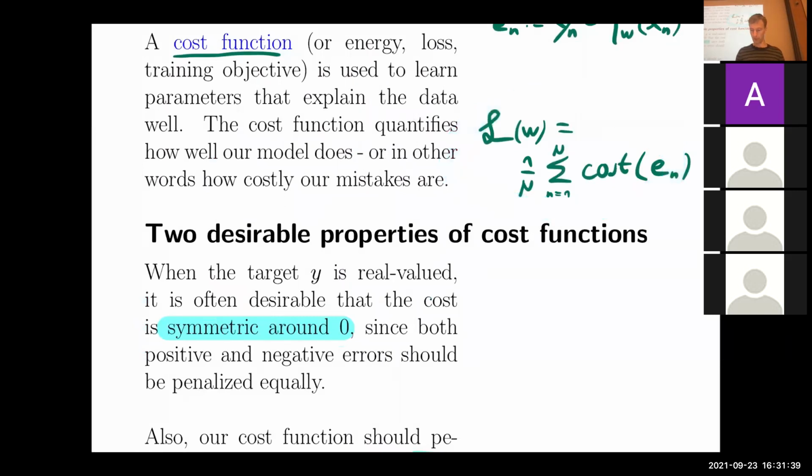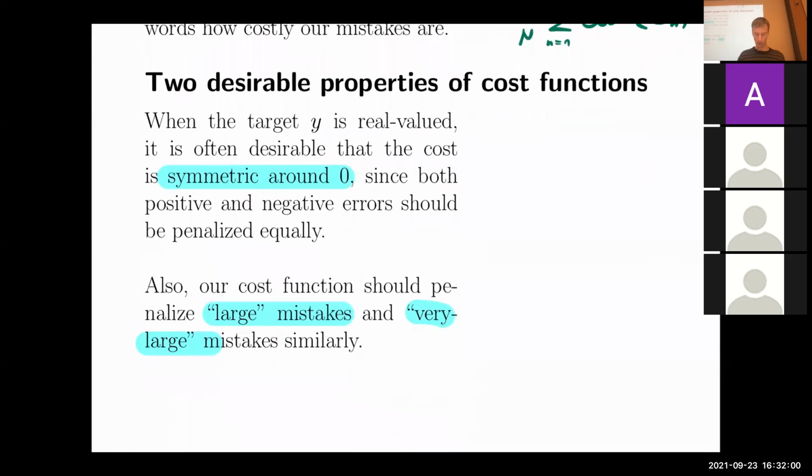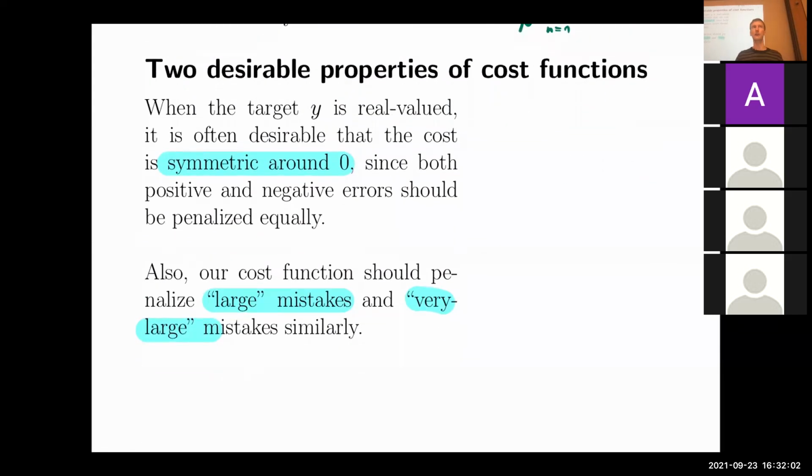There are n points here, but if one of them would have so much influence to overshadow everyone else, then that's probably not a good cost function. So you would really like to make sure all the points are contributing to it, and all of them get a bit of attention, and all of them get reflected in the cost in a reasonable amount. So if you do a large mistake, it's probably the same as if you do a very large mistake. So that should not be a big difference, and that's why